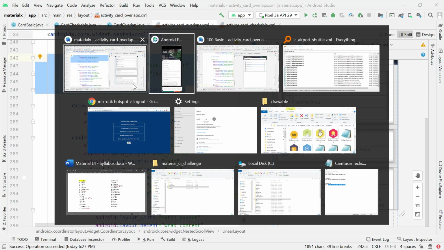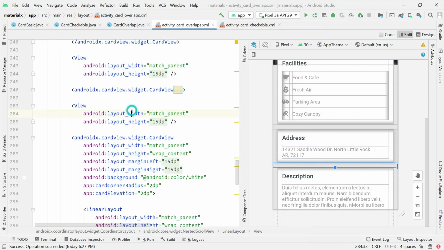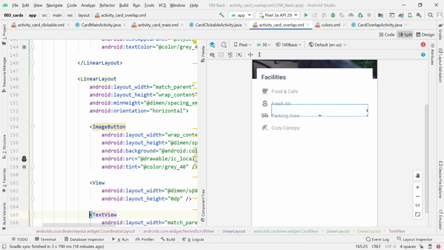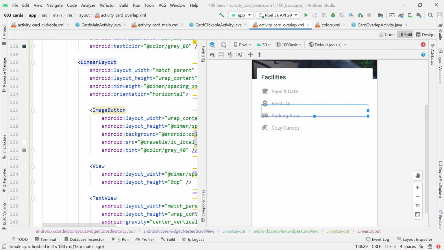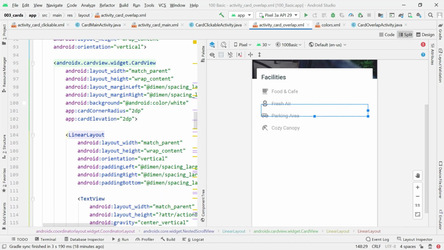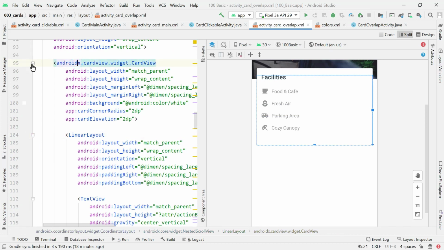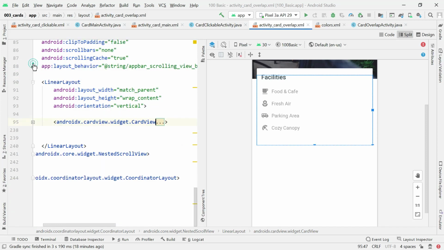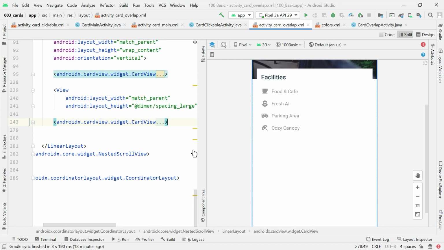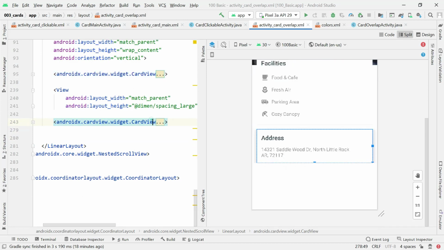I'm going to explain it, and then after I'll go to this one. I'll collapse this main card by simply clicking on this card, and I collapse it from here. Okay, I collapse it. Then I'll come and put another next card, which is going to have our address, and